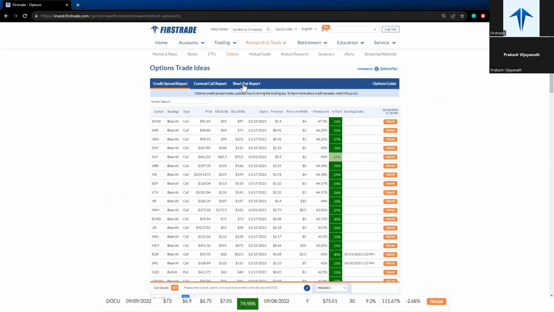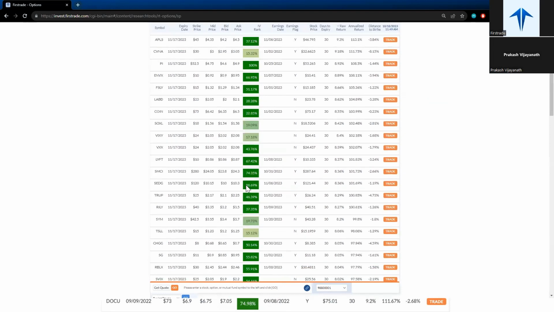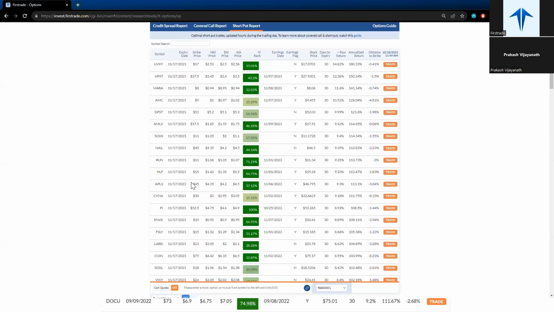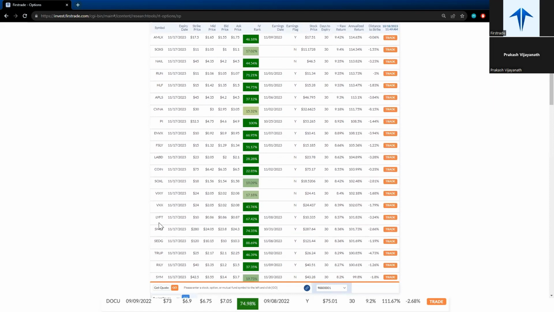Go. So we have the short put report here, and as you can see, it has a whole bunch of ideas. Obviously, this isn't a scanning tool for long or bullish positions that you want to take a look at. The way you'd want to look at it is, simply go through the list, and if there's a name that you are familiar with that you think you want to purchase 100 shares on, for example, Lyft, maybe you have a long-term bullish view on Lyft, this report helps you find the most optimal cash secured put for that. It can help you acquire the stock